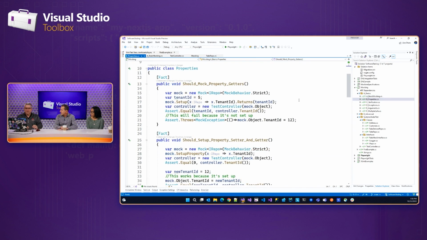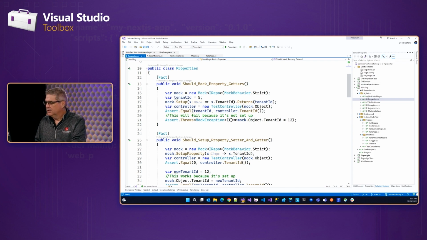All right. You also have to set up property getters and setters, and if you don't and you have a strict mock, you're going to get the same runtime exception as if you didn't set up a method call. Okay? So there's a couple ways you can set it up. First of all, if you're just doing a getter, what is a get but basically a method call, right? You call something, it returns something. There's just no parentheses after it. So then you can use just setup. The problem with calling just setup is the setter isn't arranged, right?